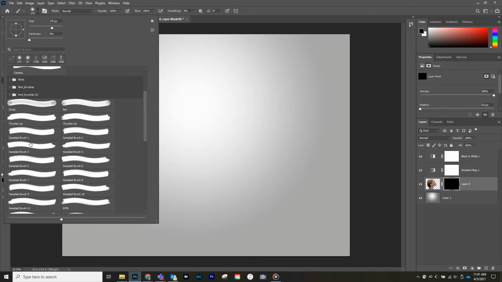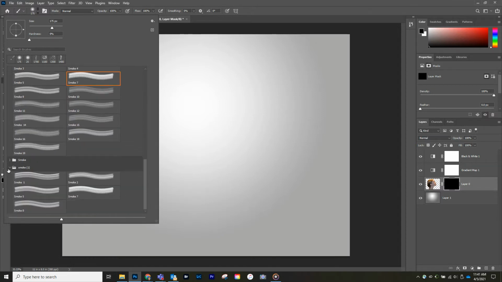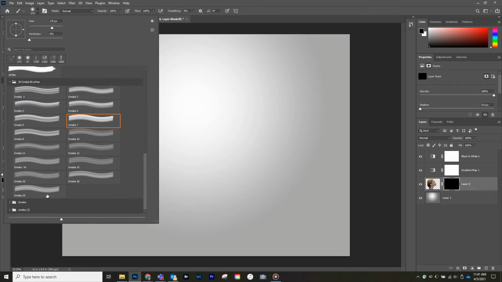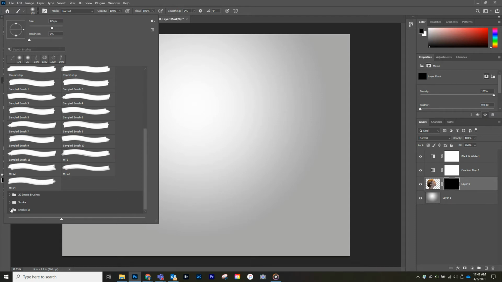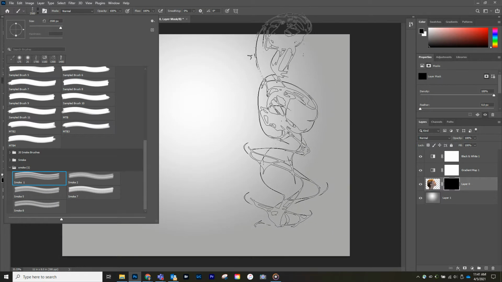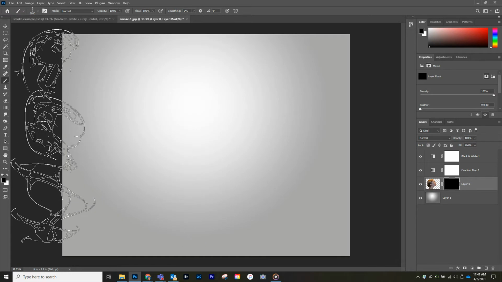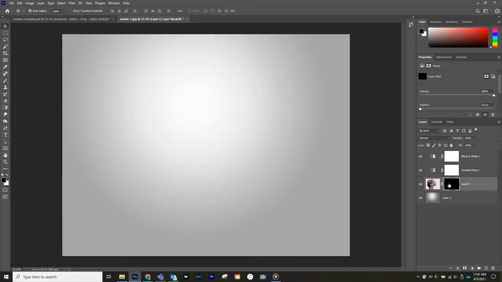I got these birds. It's going to show up at the very bottom. So if you scroll all the way down, you'll see that you've got these smoke brushes, and you can see I have them a couple different times here. So just hit that little arrow and then scroll down, and you'll start to see that we've got these brushes here. Now one of the things that we can do here, let me go to my tools, is